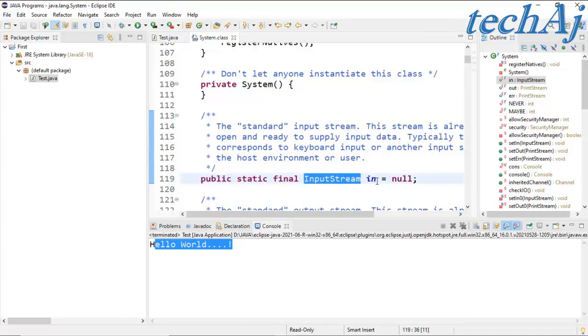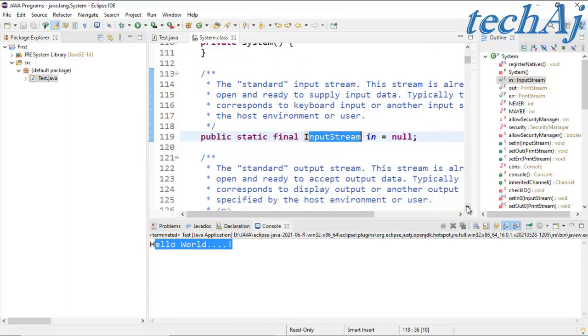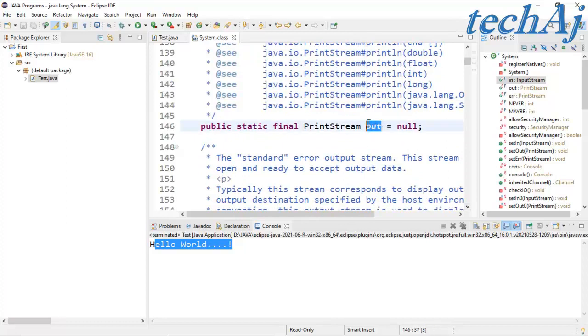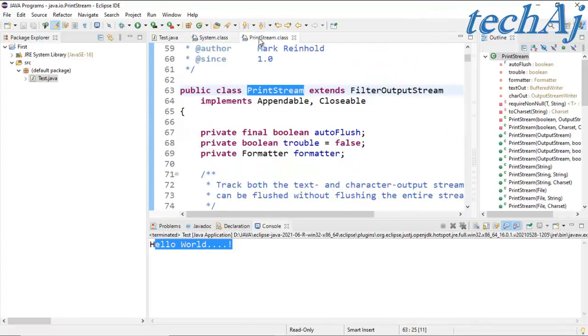So there is one object in of the InputStream class. Similarly, we can find one object out of the PrintStream class. If you press Ctrl and click on PrintStream, the class will open.